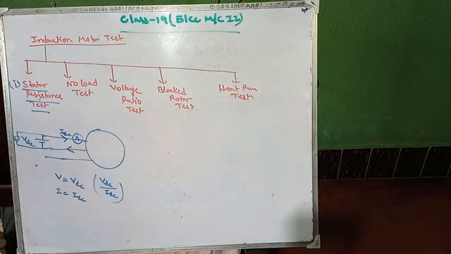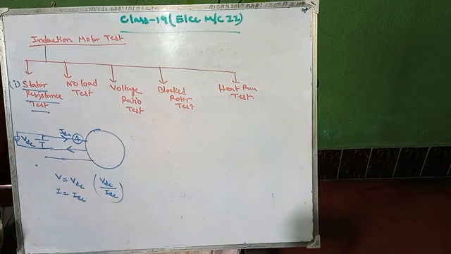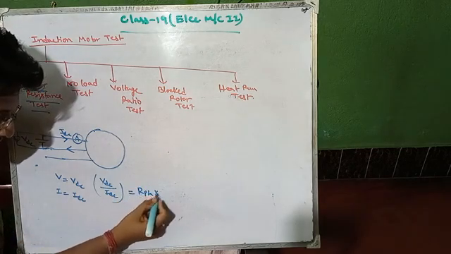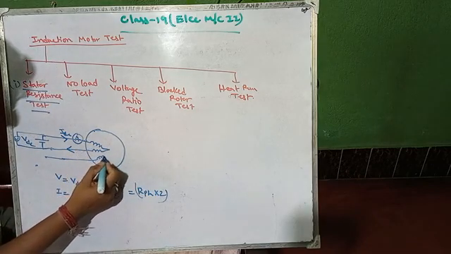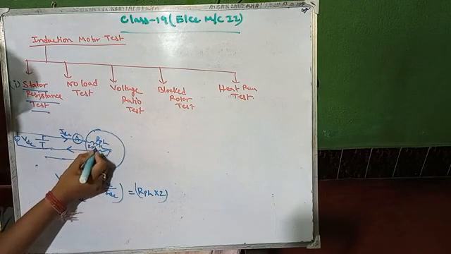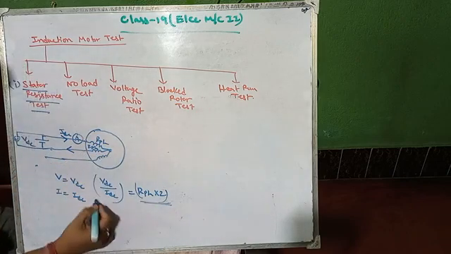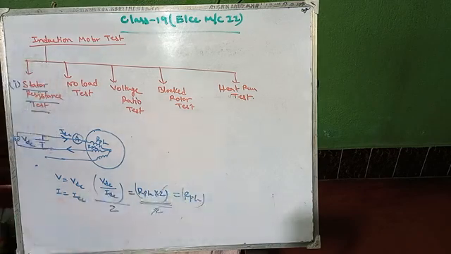Therefore, by dividing the above quantity by 2, we get the resistance per phase. It is RPH into 2, because we consider it a balanced condition. Suppose it is R phase, and another R phase in a series circuit. R phase plus R phase will be R phase into 2. So by dividing by 2, we get the RPH, the phase resistance.